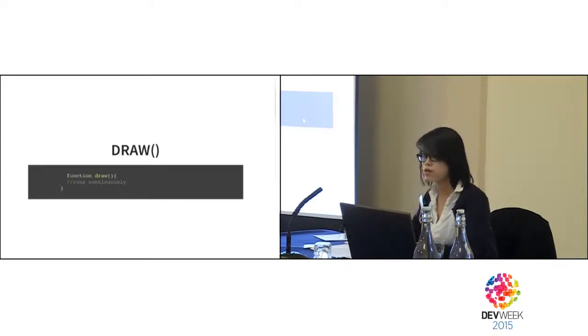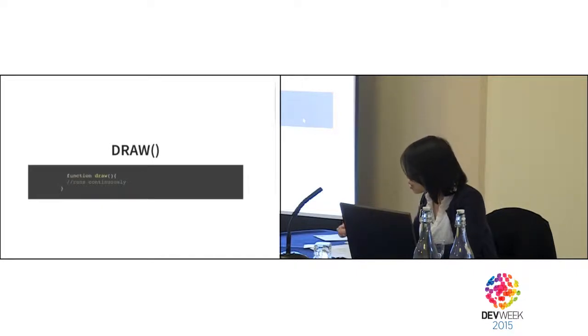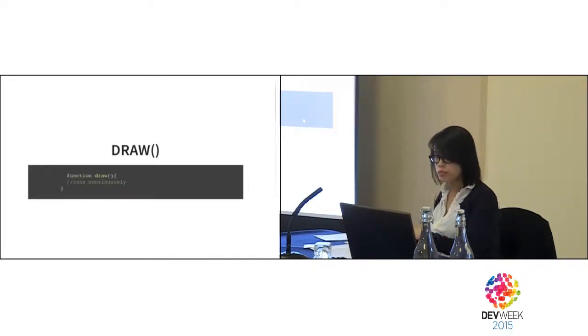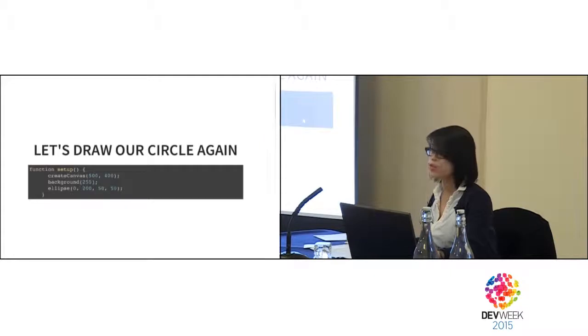So this draw function runs approximately 30 times per second, and you can actually set how often it runs by using the method called frameRate. So let's draw our circle again. Here we have createCanvas, and we're setting a width and height of 500 and 400. createCanvas actually appends the canvas element to our DOM. Then we're setting our background to white, which is